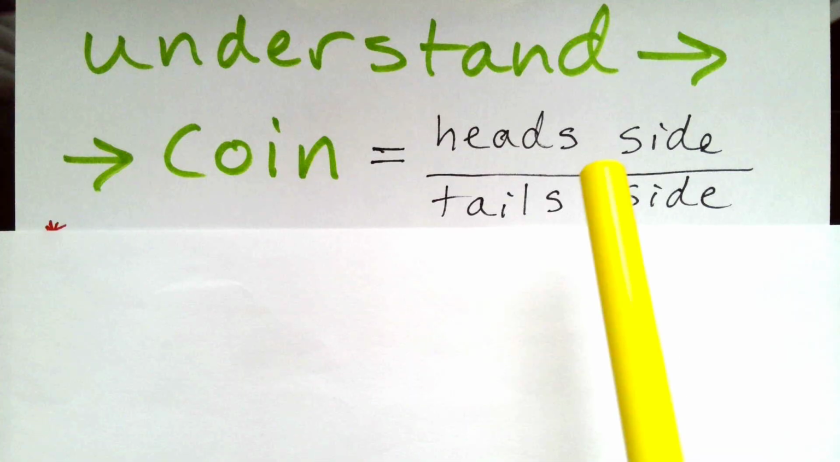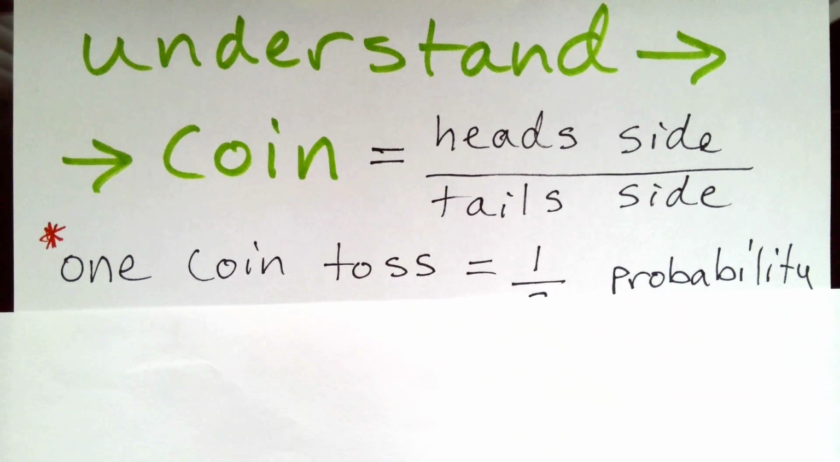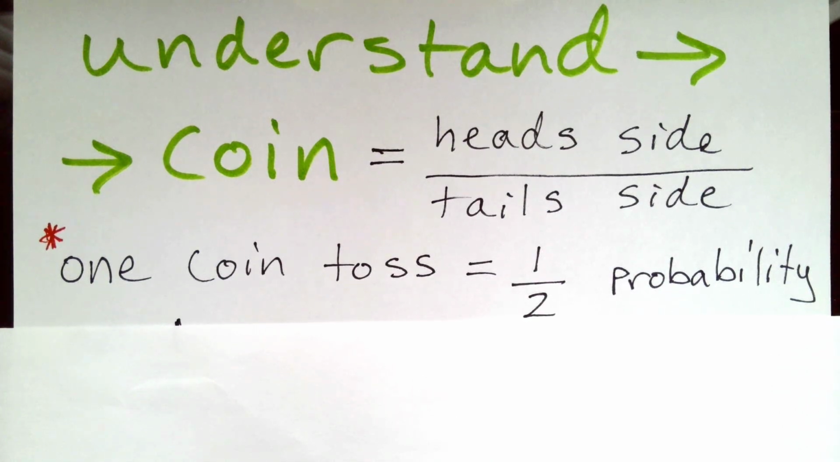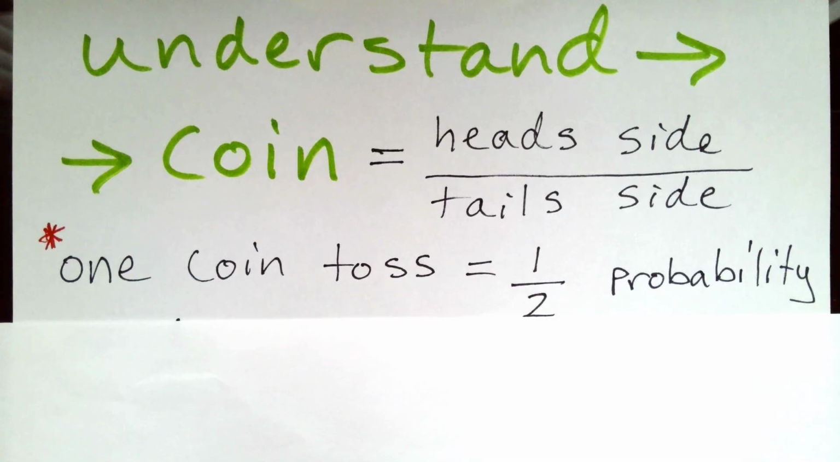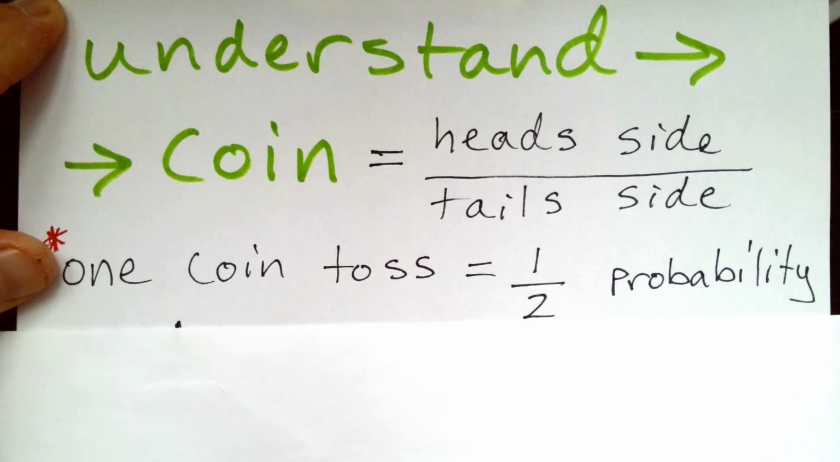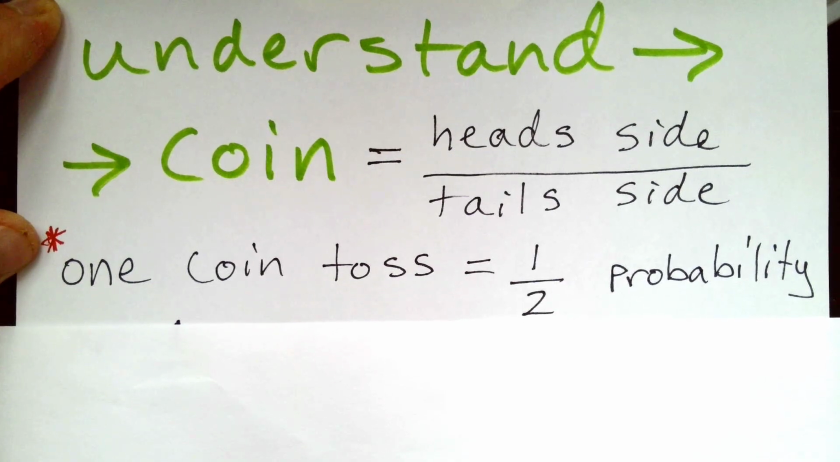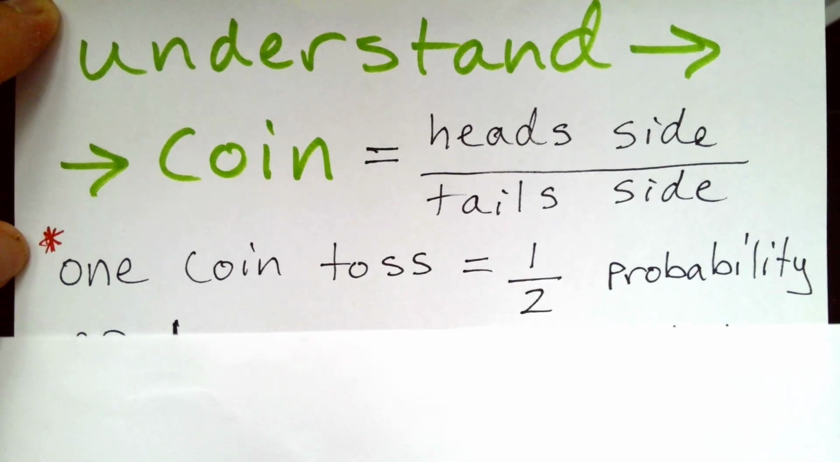So you need to understand, I'm going to show you that here. One coin toss would equal 1/2 of the probability of it landing on the tail side, right? So just one time of you tossing that coin up in the air is equal to 1/2 probability. Okay, so we were asked in the test question about the probability of 4 coin tosses, not one, but 4